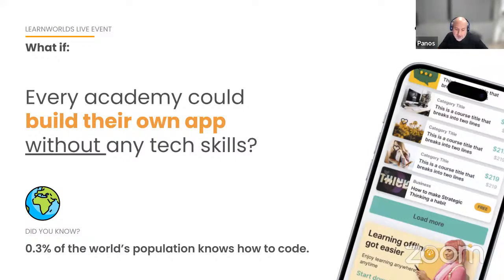So we are extremely excited about this democratization of mobile learning, about giving you the possibility to use that tool today. You can have your own mobile application you can start today, you can have your own mobile application launched tomorrow, without any code, without any design. So it's an extreme pleasure to be able to give you this